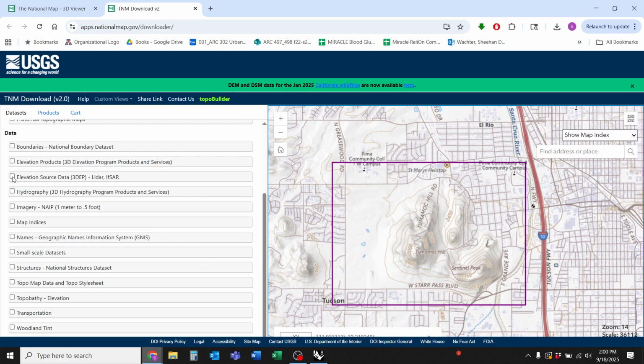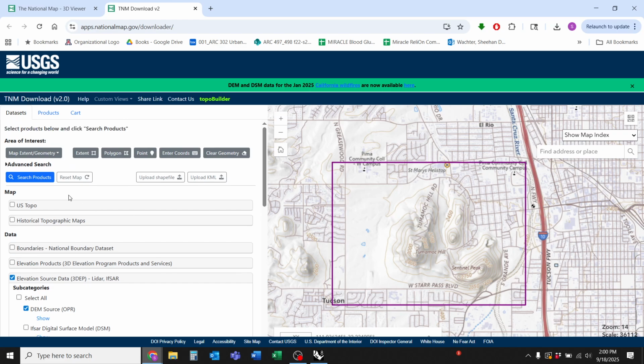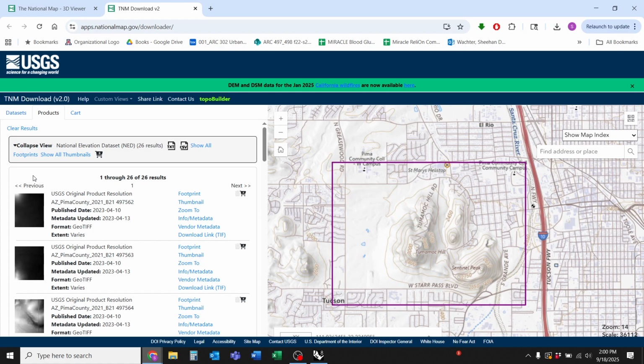Next, I want to scroll down in this list on the left and click on this elevation source data. So rather than the elevation products, click on the source data. And then the data that I want is called DEM rather than LiDAR. So I'll check DEM and uncheck LiDAR. Then scroll back up and hit search products. And it should give us,